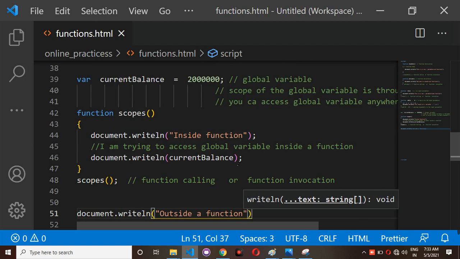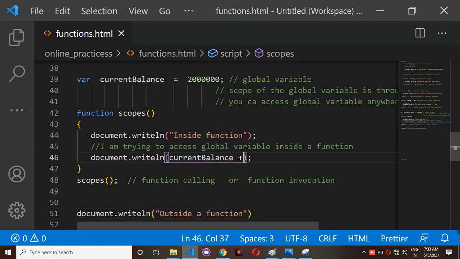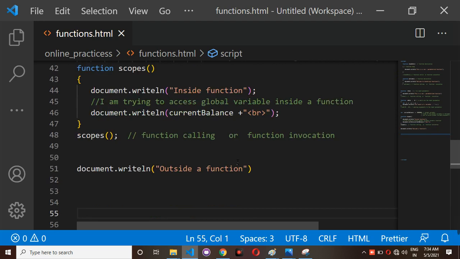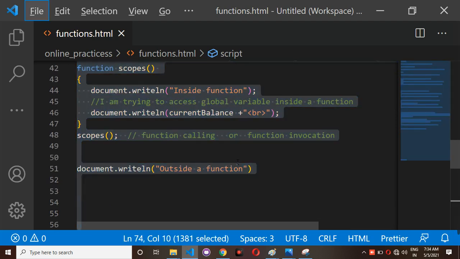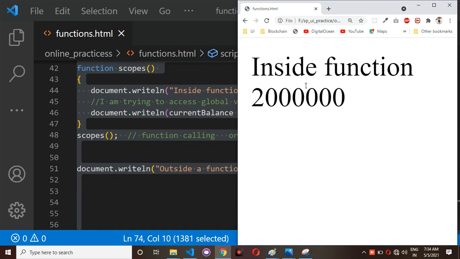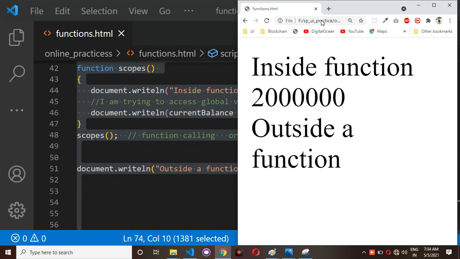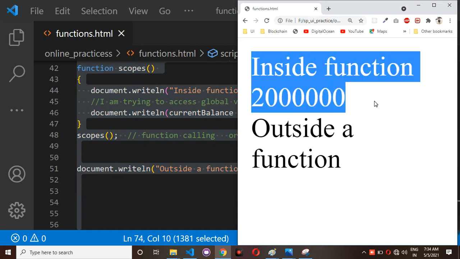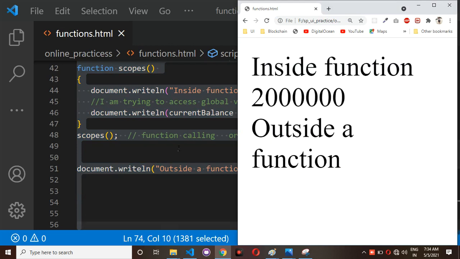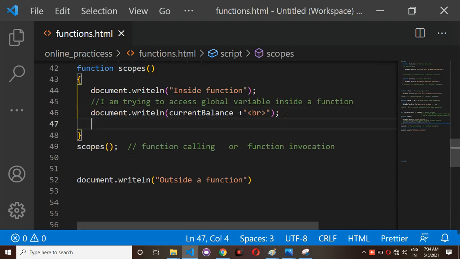After printing this variable, I would like to give one break here. That's why I am giving it inside double quotations. After this plus, whatever you have written inside the double quotations, it will break the line. Then next it will print outside the function, you can see. It means inside a function you are printing the global variable, then outside a function I am trying to call it and print something.